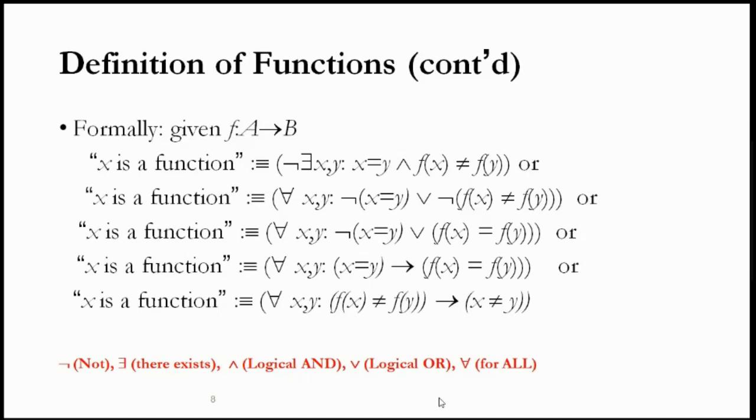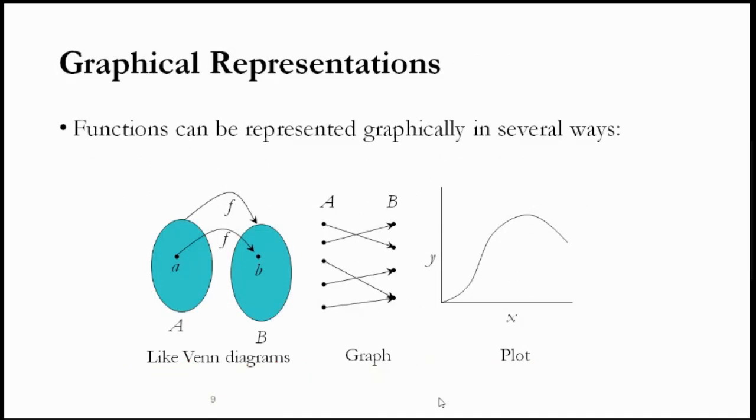Okay, so these are the function definitions that were given here. The graphical representation is something with which you can easily understand. If you look at a Venn diagram, if you take the sets A and B, the function will map by giving the input element small a, which belongs to capital A, to small b, which belongs to capital B. And if you want to represent it as a graph, you keep the elements. Let us say, for example, A is years, and B is population count. So you can just map it.